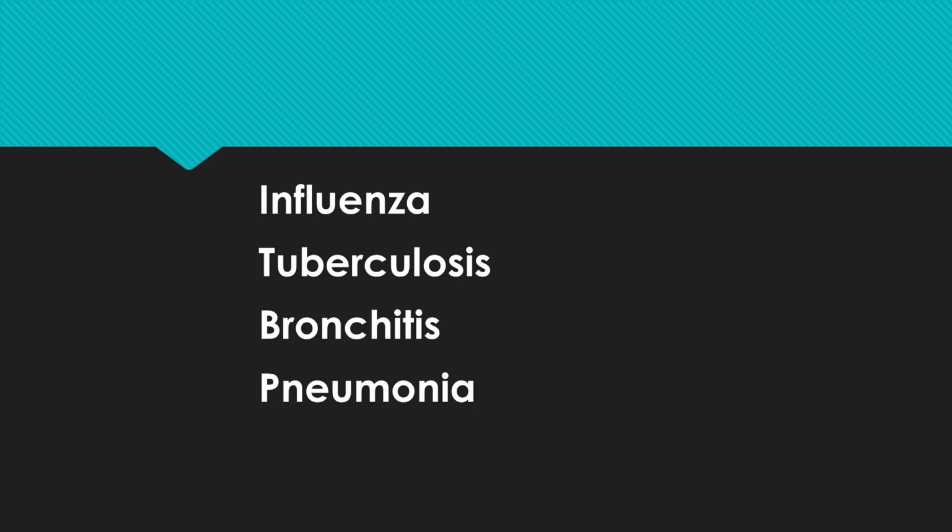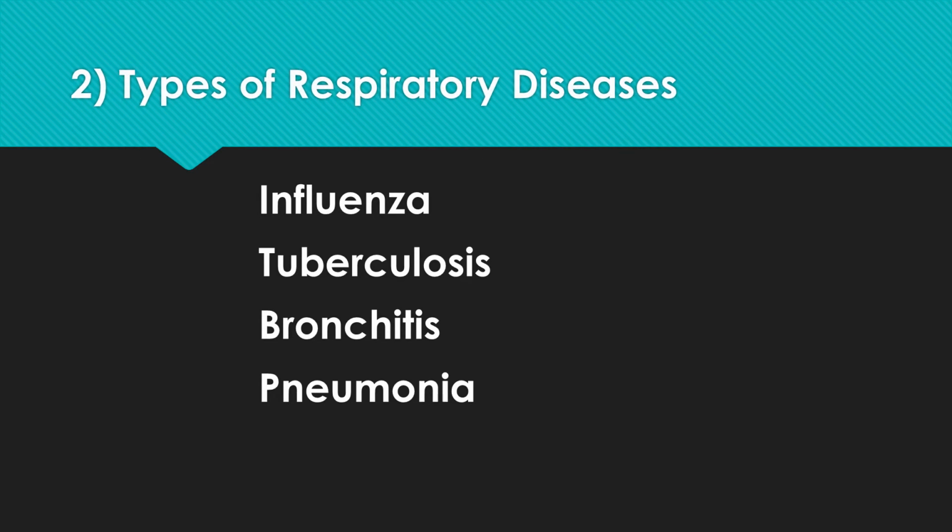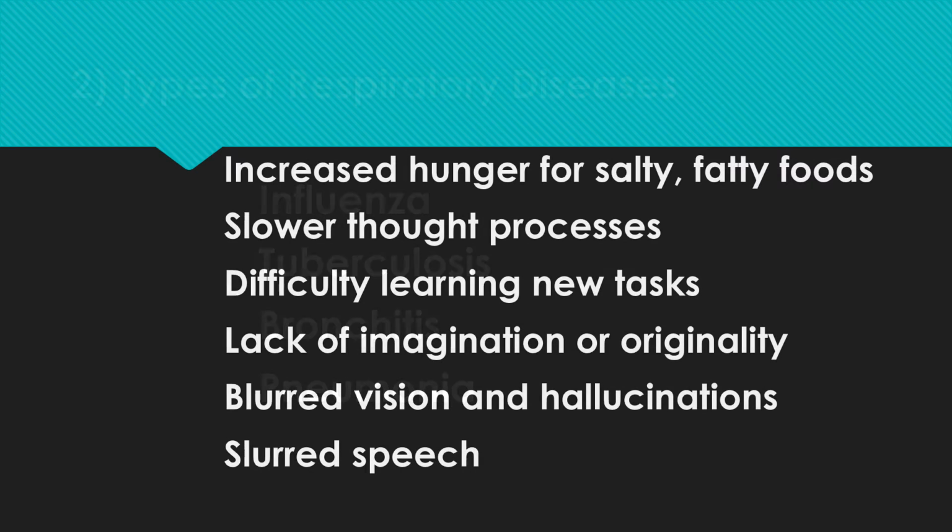Influenza, tuberculosis, bronchitis, pneumonia. If your answer is different illnesses, different diseases, those are quite broad. So you have to be more specific than that. If your answer is types of respiratory diseases or examples of respiratory diseases, then that's correct. So your main heading should be not too broad, not too specific. Third, how about these